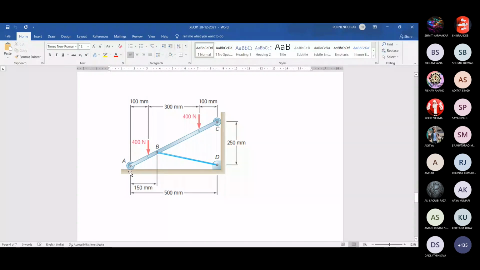Now to keep this AC in its position, we are using one link BD. B is a point on this member AC, D is a point at this corner, and one metal rod is used as a link so that it will not slide down. Now for this configuration, what about the supports at A and C? And what about the reactions for this roller? Now we talk about the normal reaction.